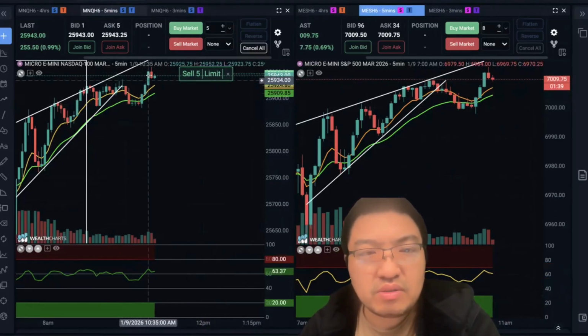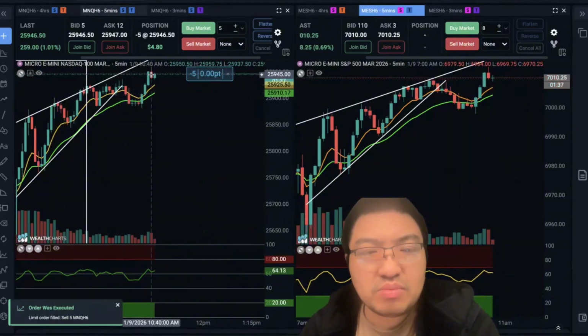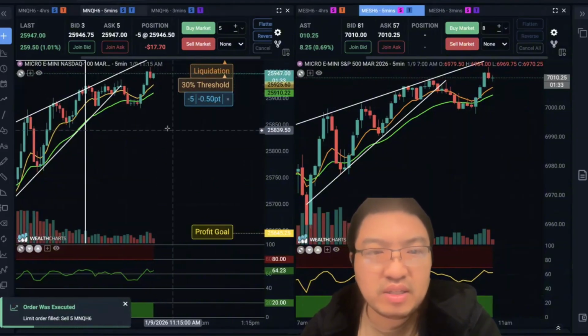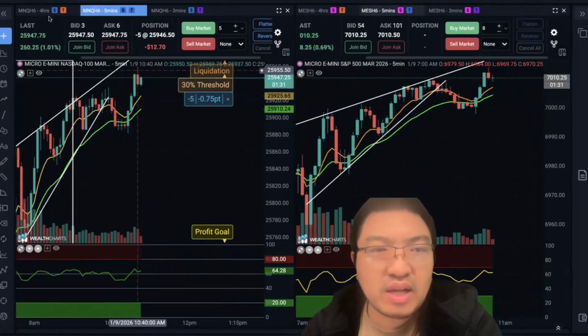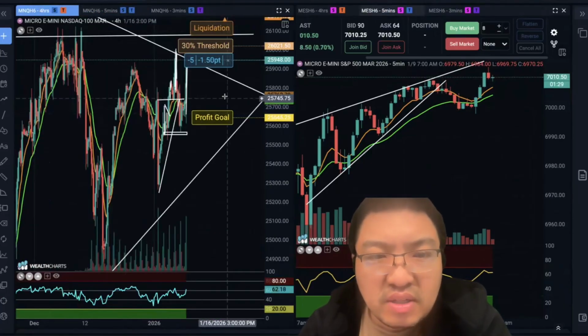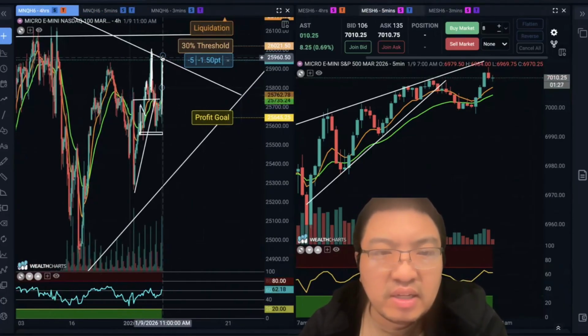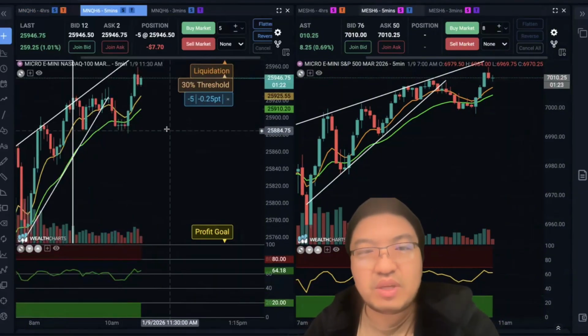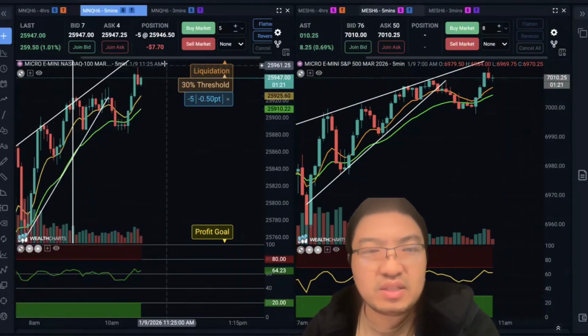This is so intimidating, and this one does not even cover. Oh, maybe I'm gonna lose for this trade because it seems it continues up. It's already at the resistance line from the bigger time frame, but I still need to be humble. Once it exceeds here, I will set my stop loss here. Yeah, my stop loss here. If it exceeds here, then